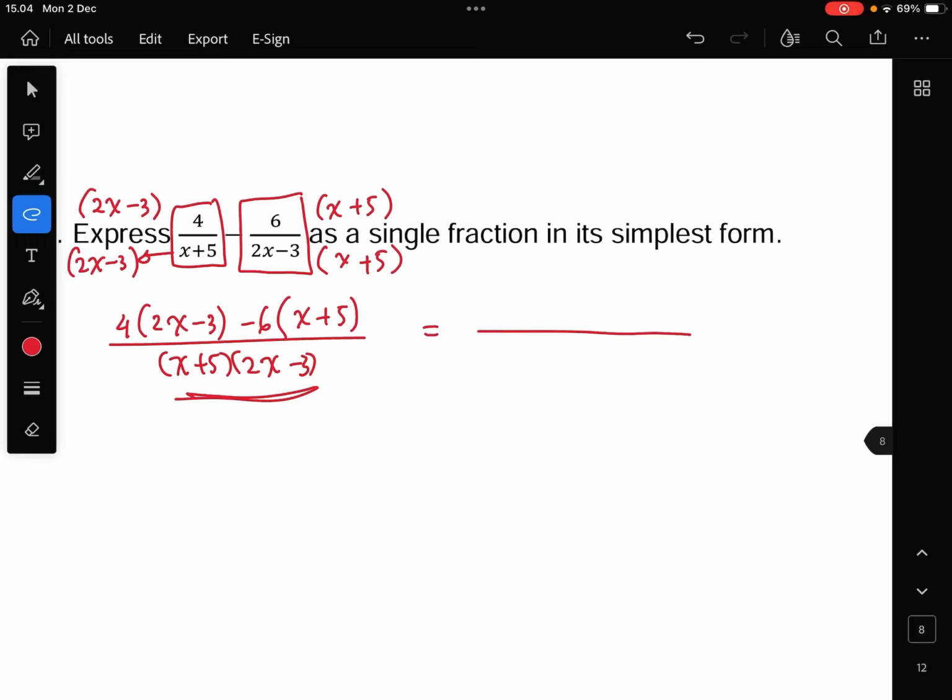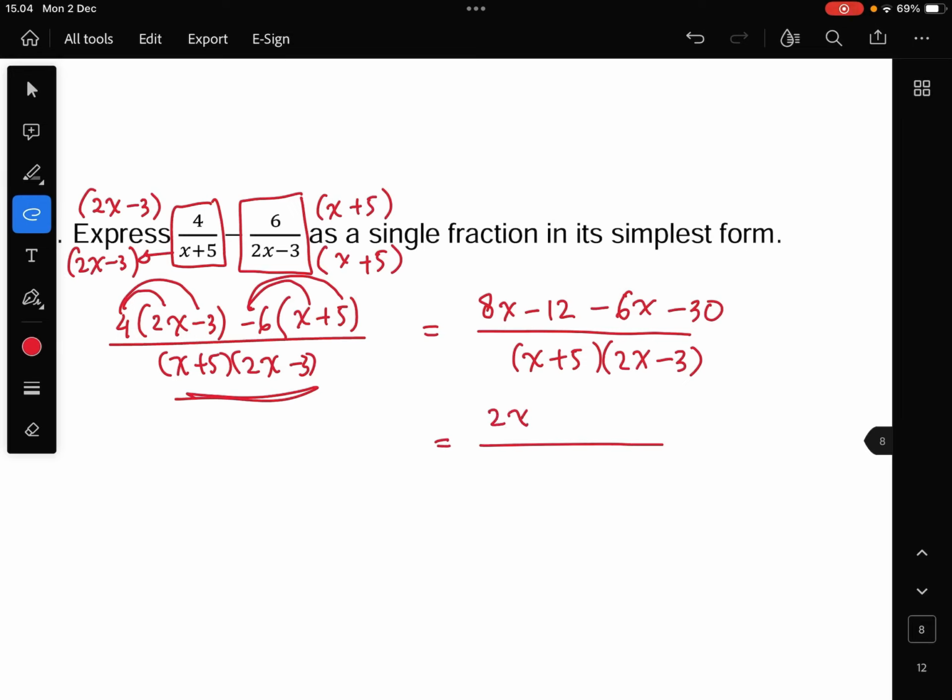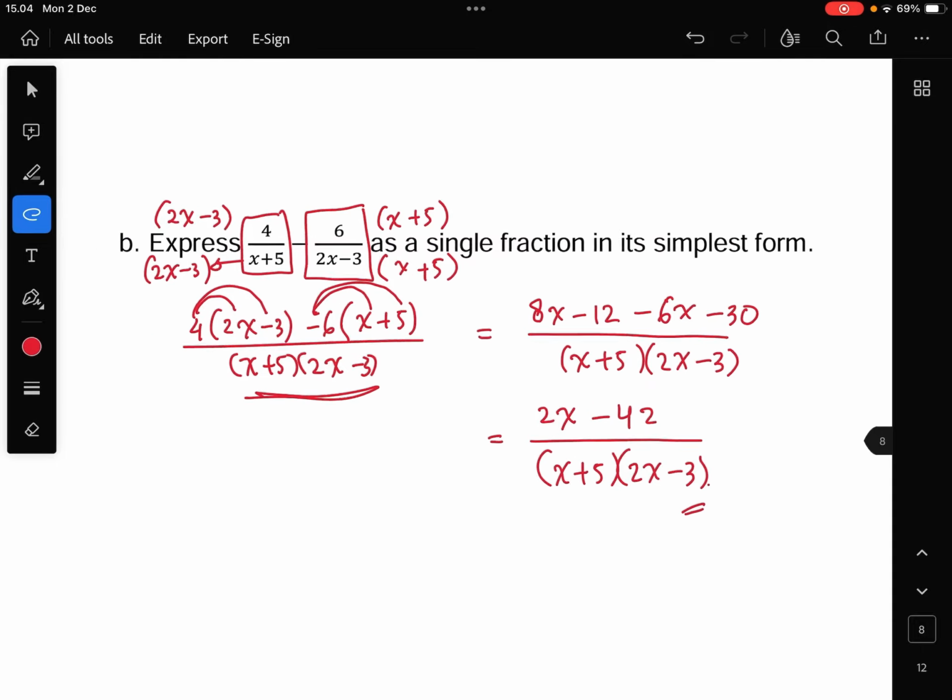Then you can just do the expansions like this. 4 multiplied by x is going to be 8x, minus 4 multiplied by 3 is negative 12, minus 6 multiplied by x is minus 6x. Negative 6 multiplied by 5 is going to be negative 30. So that you will have 2x minus 42 over (x plus 5)(2x minus 3). That's it. Done for number